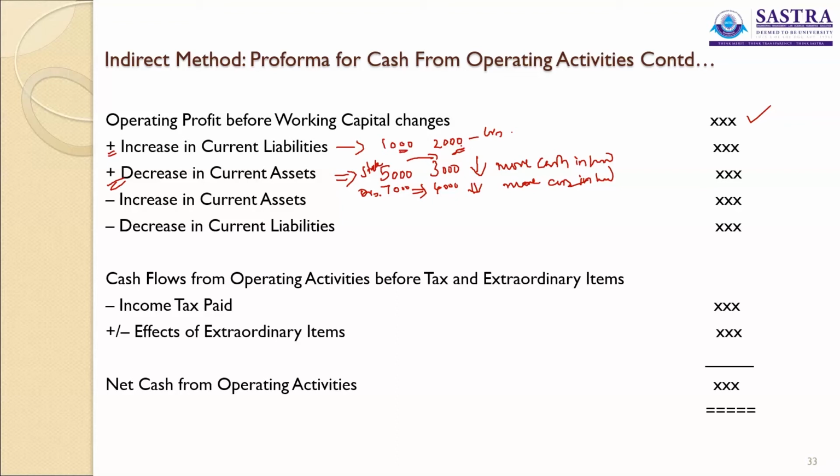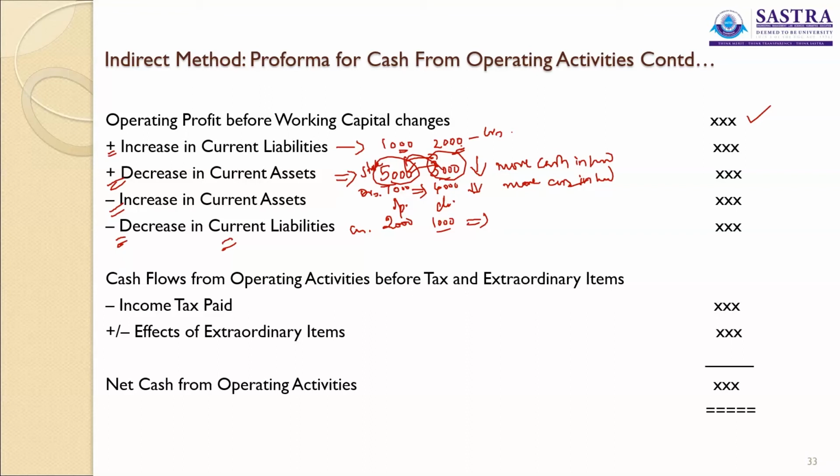And similarly, the reversal effect. For the increase in current assets, supposing your investment on stock, instead of 5,000 to 3,000, if it is 3,000 to 5,000, that means you have invested more. Your operating cash would have reduced. So it should be taken as less item. Similarly, your current liabilities, see, opening is 2,000, opening balance, creditors, and closing balance is 1,000, let us assume. In that case, what has happened? You paid rupees 1,000 towards your creditors, which means this would have reduced your cash position. So it should be taken as less item.